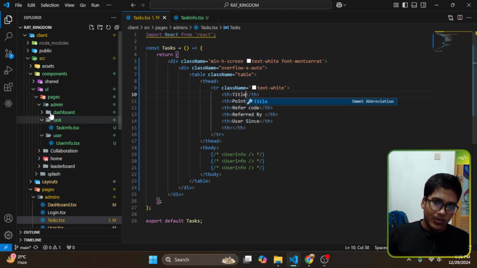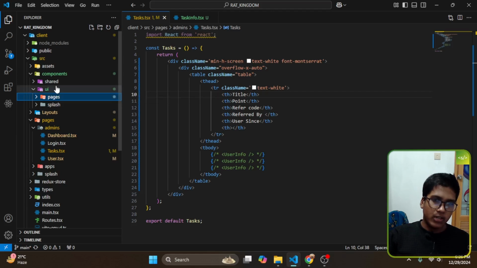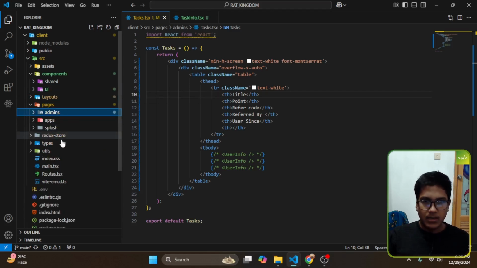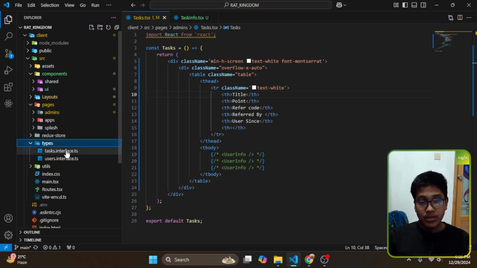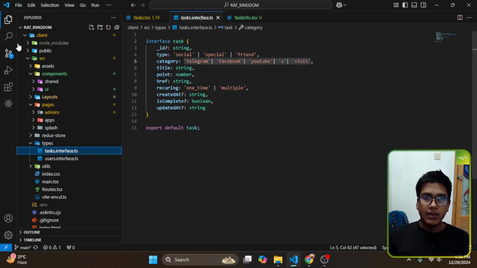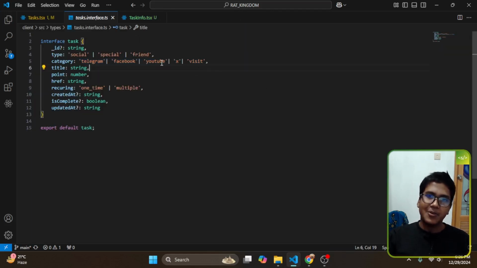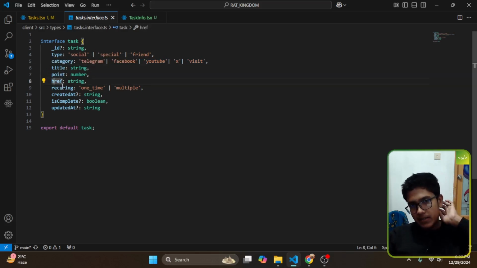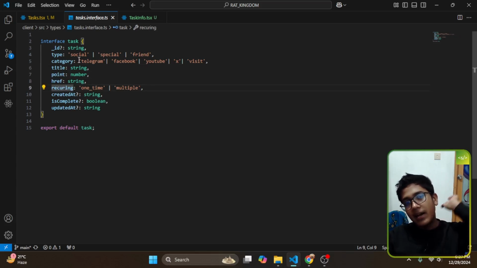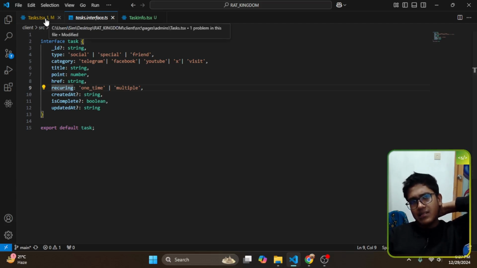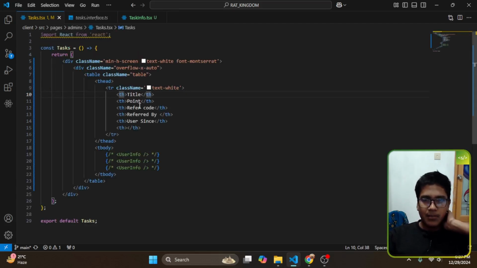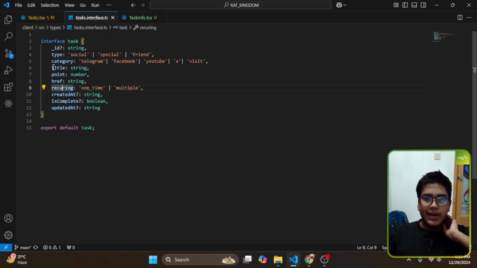I don't know what kind of data I get from the server if I request it from the database. For that I just come to the interface, and I see here they have a title, point, a link, and they're requiring something like one time or multi-time, and they have a category, they have a type. Okay, let's start with the title, then point, then they have the category,